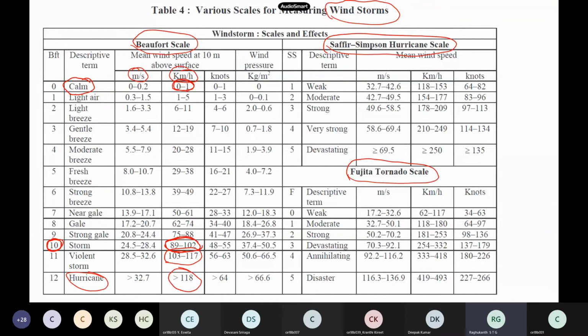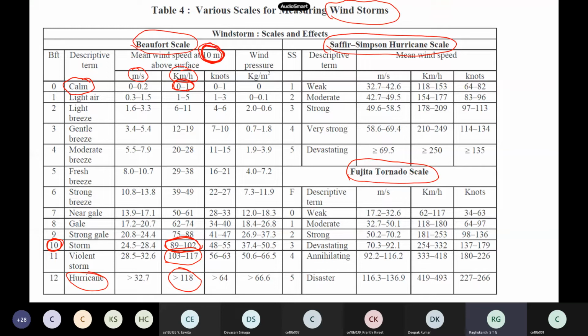And here is another most important thing you should understand: the velocity of wind varies with height. So our standard is that they generally measure at 10 meter height above the surface. This is the norm they use. Whenever they say wind speed, it varies with height. If you go to 30 meters or 20 meters, the wind speed may be different because of the boundary layer effect. So generally the convention in all the codes is this 10 meter. All the anemometers, which measure the wind, are put up 10 meters above the surface, so these speeds are measured at 10 meters above the surface. This is used as a standard.